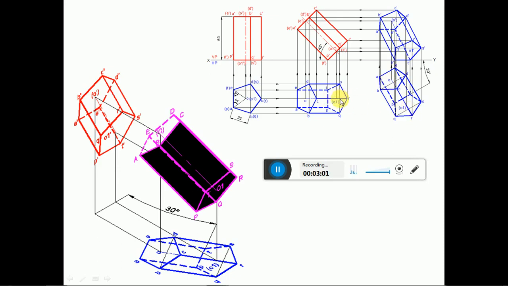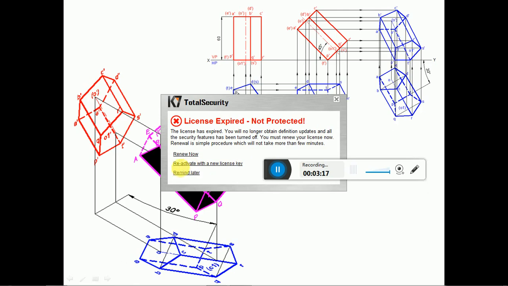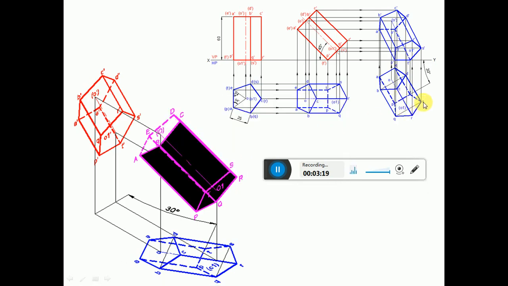Here you can see from this point QS is perpendicular to O1. So from this point by using the protractor we measure an angle of 90 degree with respect to that inclined line O1